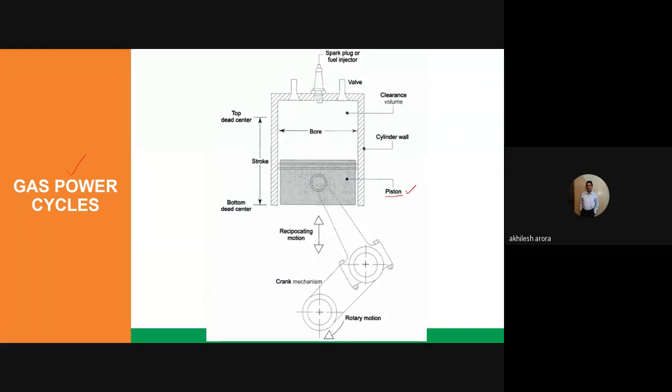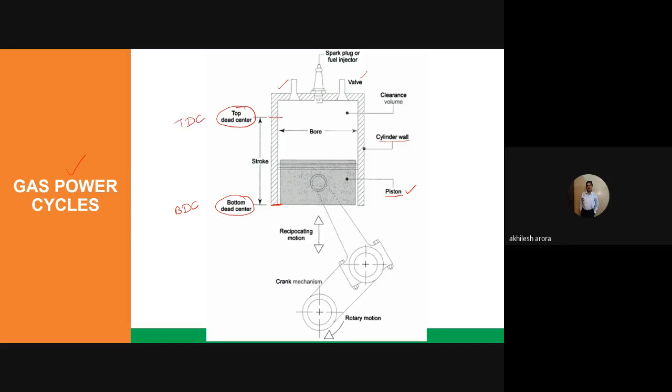Then we have the cylinder wall, or cylinder, and there are valves. This is one of the valves, and this is another valve. This location is known as the bottom dead center, sometimes denoted as BDC, and this is the top dead center,